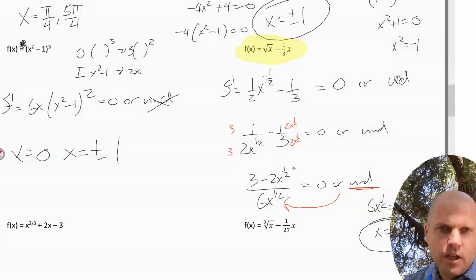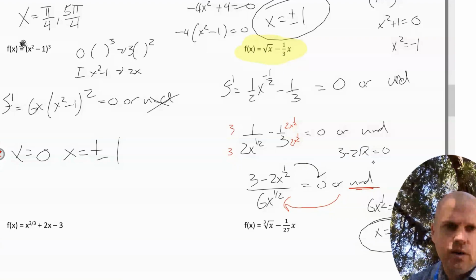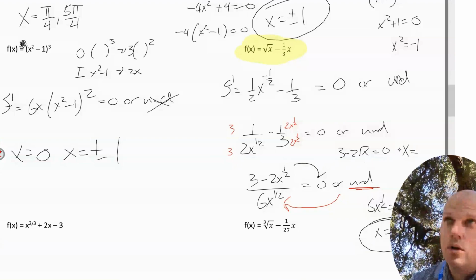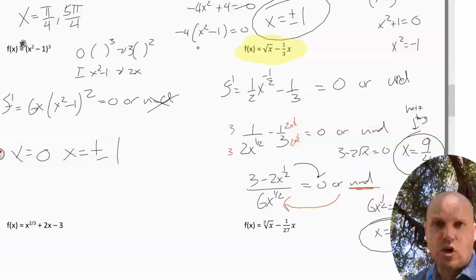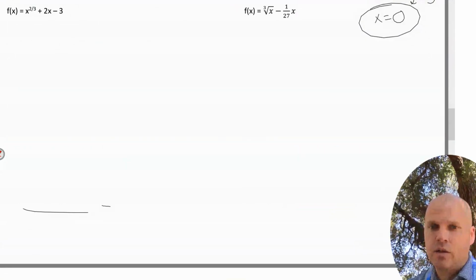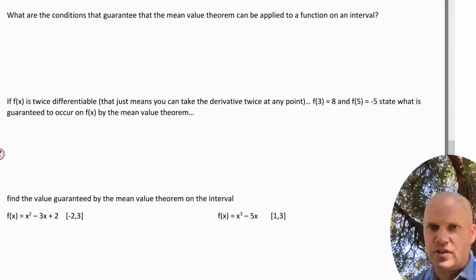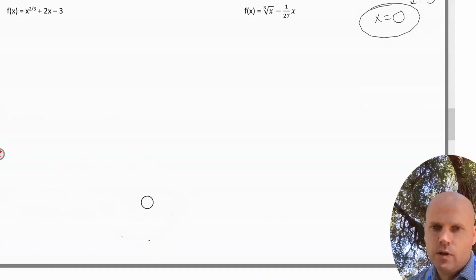It's a critical point. Now we have to figure out when our slopes are 0. We need 3 minus 2 root x equaling 0. This is when we're going to subtract 3, divide by 2, square both sides. x equals 3 halves squared, 9/4. That's a horizontal tangent. That's where the slope is 0. Okay, so the next two, try to do that same process. Get one fraction where you're setting the top equal to 0 and you're setting the bottom equal to 0 to figure out when things are undefined or 0. So here we go.